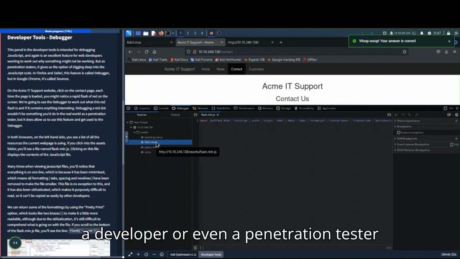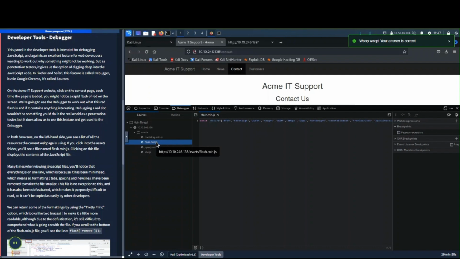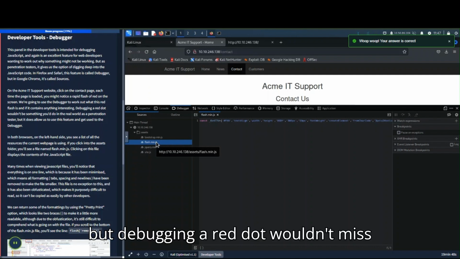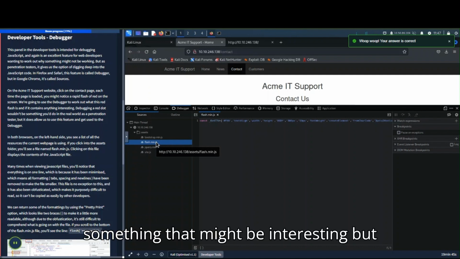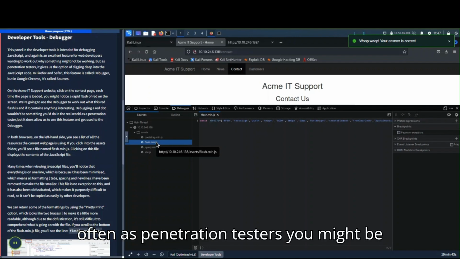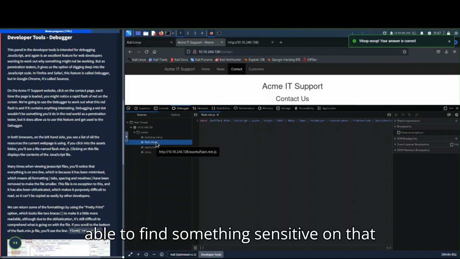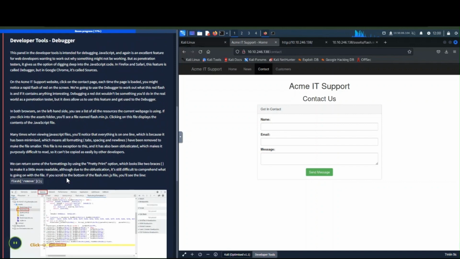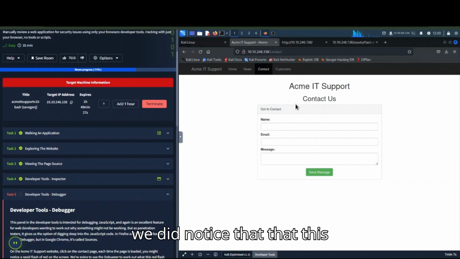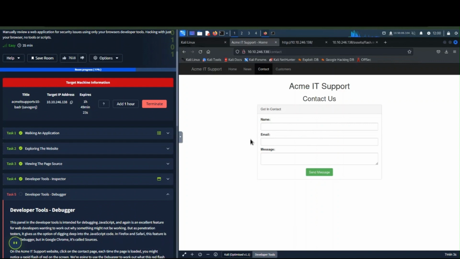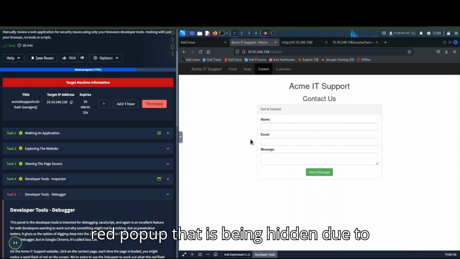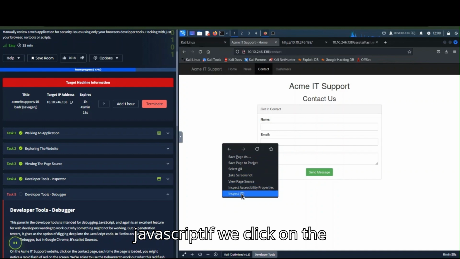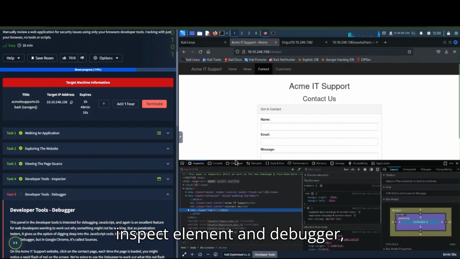But often as penetration testers you might be able to find something sensitive in that JavaScript. We did notice that this contact us page contained a red pop-up that is being hidden due to JavaScript. And if we click on the inspect element and debugger,